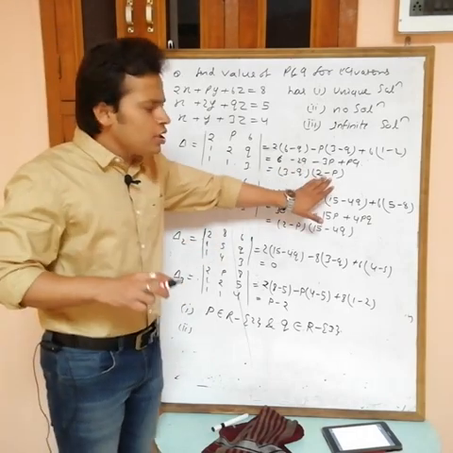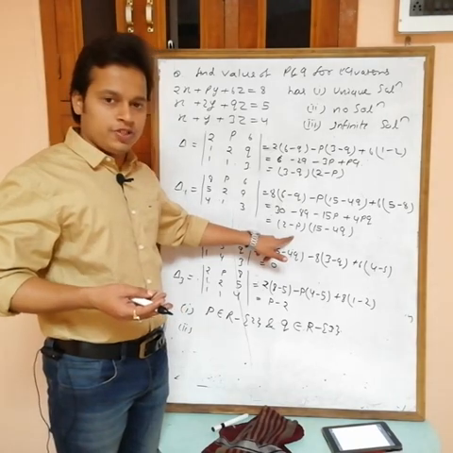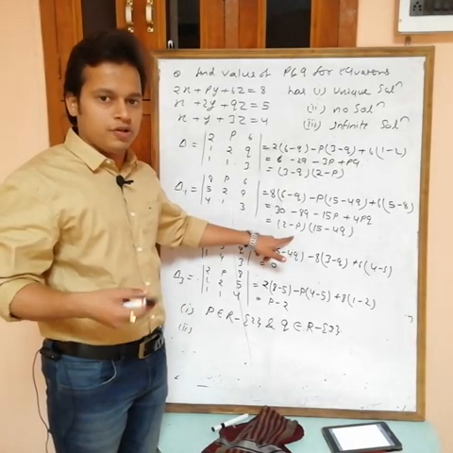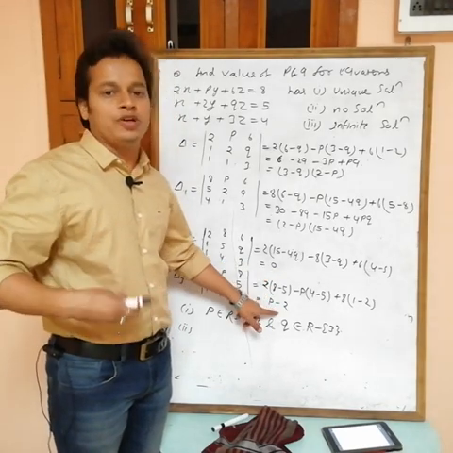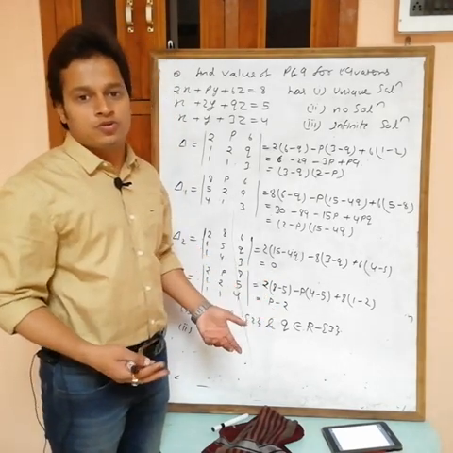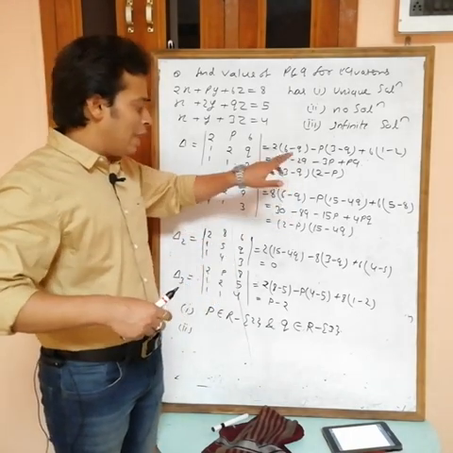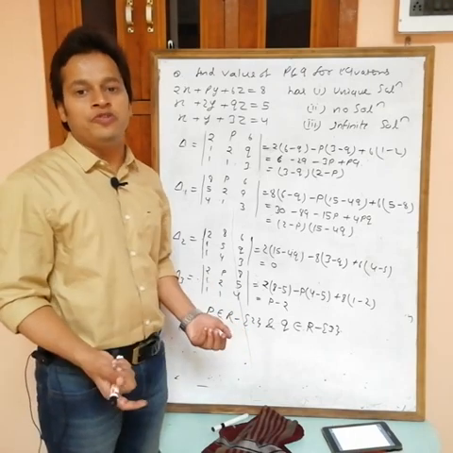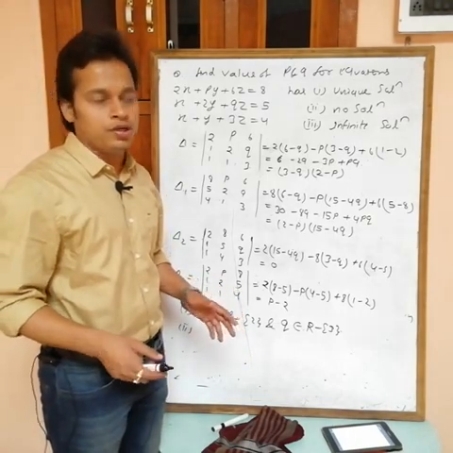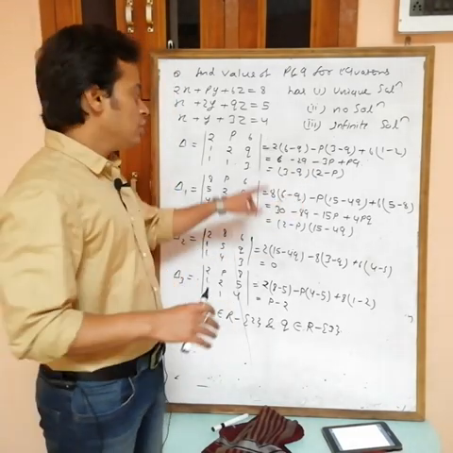But see, if you take p equal to 2, then this becomes 0, obviously, because 2 minus p is a factor, na? This is already 0 and this also becomes 0. So I can't take p equal to 2, because if I am taking p equal to 2, then del is 0, but also del 1, del 2, del 3 become 0. If all become 0, then we have infinite solutions. We don't have no solution, na? Okay, so you can't take p equal to 2.